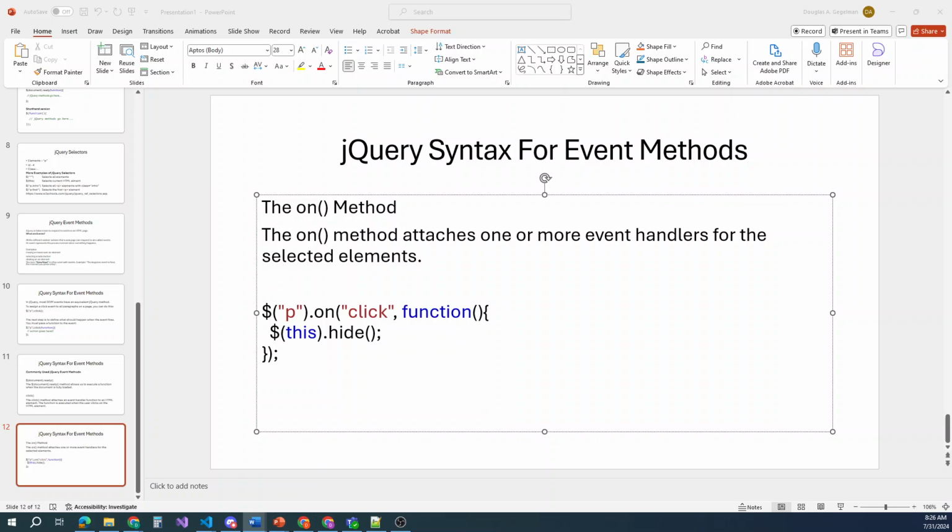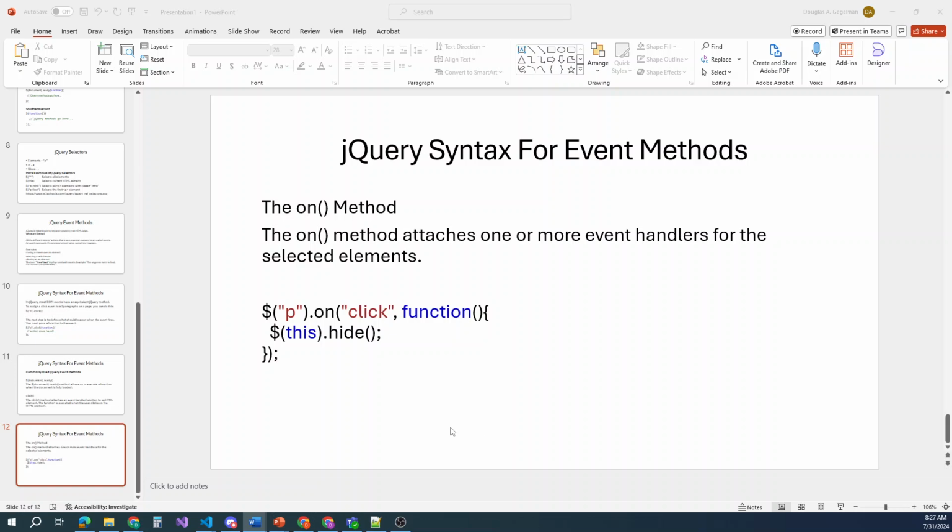Form events like submit, change, focus, blur. We've been using those already. And then document or window events like window.load, or resize, scroll, unload. Those would be document and window events. So there's a handful of them that you use. We've been using quite a bit of them already with the labs and the homework we've been working on. And so to give you some examples of how this stuff works,